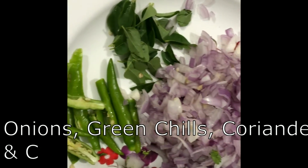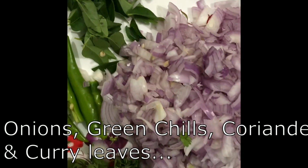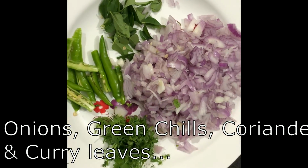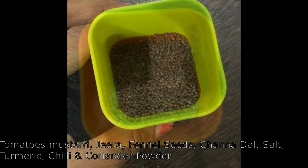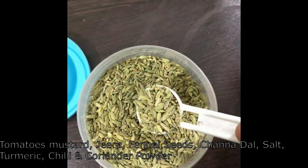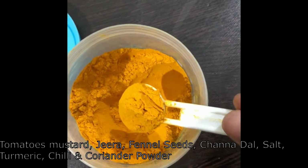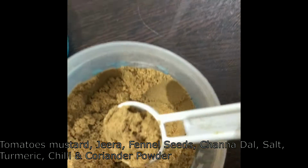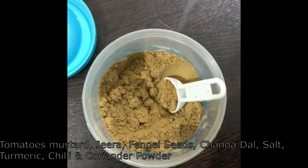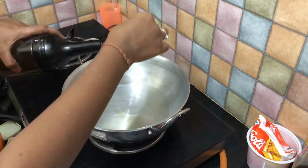For this we need 4 to 5 medium sliced onions, green chilies, curry leaves and coriander leaves. Finely chopped tomato 5, mustard, jeera, fennel seeds, chana dal, salt, turmeric powder, chili powder, coriander powder and ginger garlic paste. Once the pan is hot, please add the oil